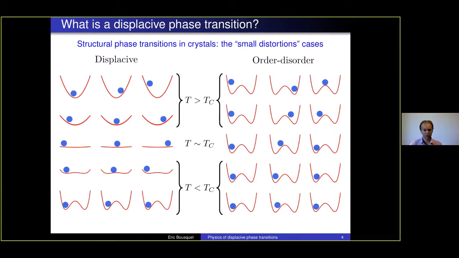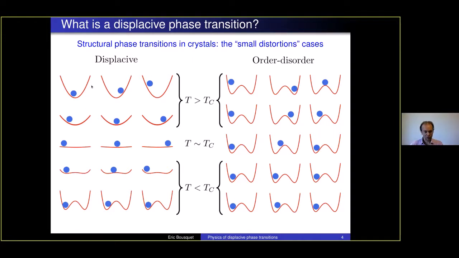And just to make the distinction between the two, I will give this picture. It is one of the pictures that can be given, even if some others can be given. But I like this one because I will be able to connect with the theory of the soft modes and the DFT calculations. And basically, if you suppose that each atom of the crystal here is represented with a blue sphere, then each of these atoms will be filling an energy well.